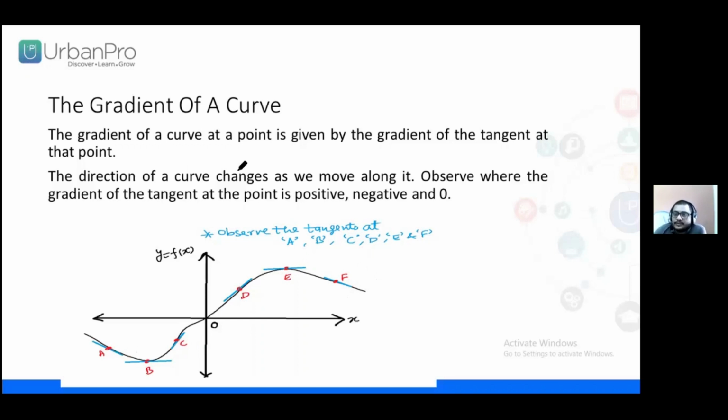So what we have observed is that at some places the angle is more than 90, at some places it is less than 90, and in some places it is parallel to the horizontal axis. So we can say that at some places the slope is positive, at some places the slope is negative, and at some places the slope is 0. That is, there is no change. So there can be three possible values of the gradient of a curve at different points. Next we will discuss